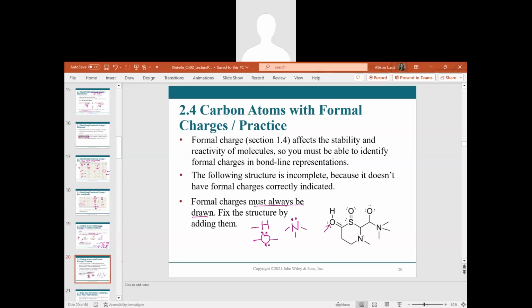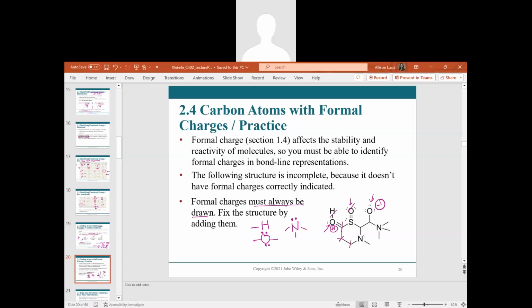So this oxygen, what do we see? We see 3 bonds and 1 lone pair. So this would have a +1 formal charge. Every carbon appears to have 4 bonds. We have to assume hydrogens here. So this would be neutral, neutral. This carbon has 4 bonds. This hydrogen has 1 bond, that's neutral. This oxygen has 2 bonds and 2 lone pairs, so that one's neutral. This oxygen over here has 1 bond and 3 lone pairs, so this we would calculate would have a -1